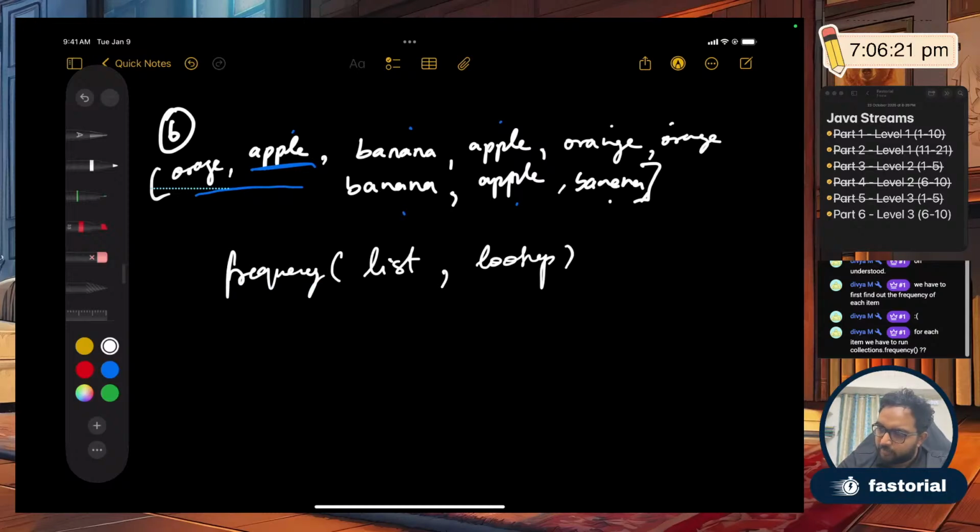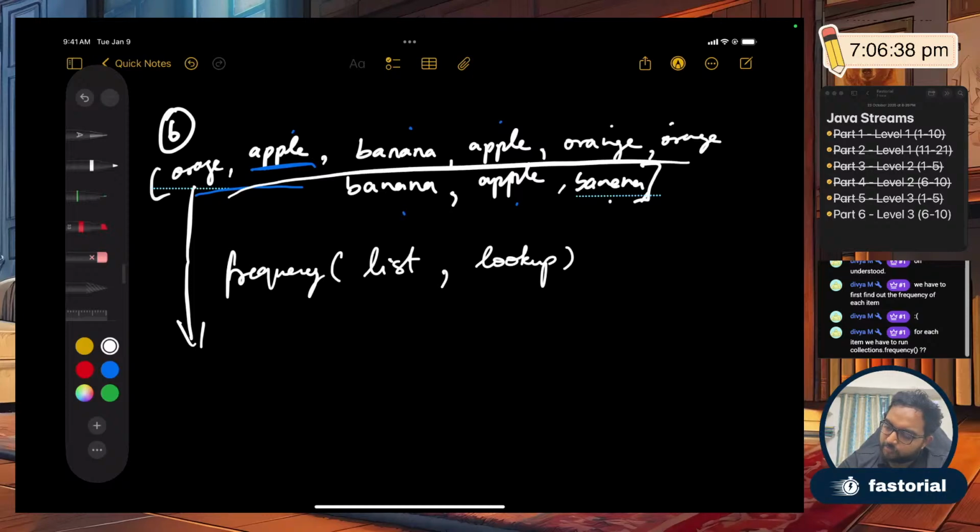For each item you have to run Collections.frequency. Yeah, I mean that is the naive solution. As you can already see, the problem with this is for each lookup, let's say I want to count the frequency of orange. It will look through the whole list and see how many oranges there are, and it will return 3. Now I want to see what is the